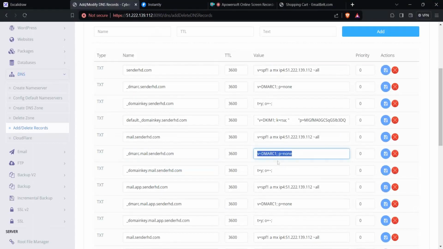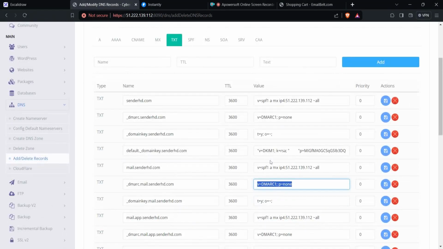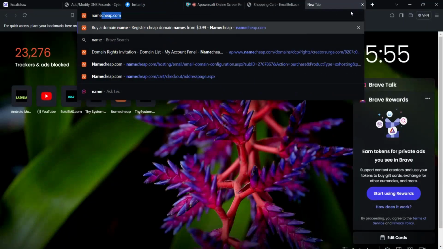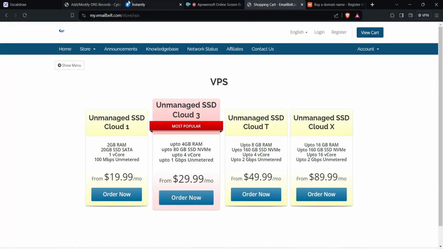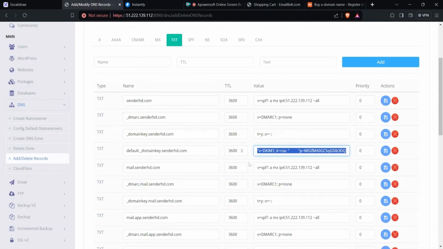As you can see here, the other record that you're going to add is this one, DKIM, default at the DKIM key, the domain, and then this is the record. You're going to copy that in your domain provider. So for instance, if I have this, it is quite simple to add a domain. And then once you've done all of that, you're going to come to